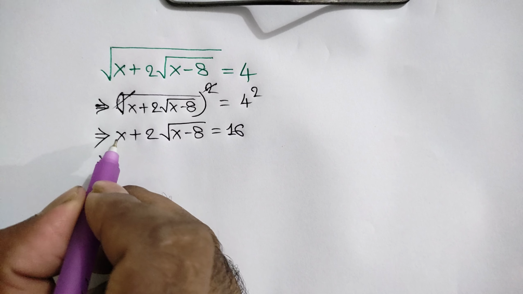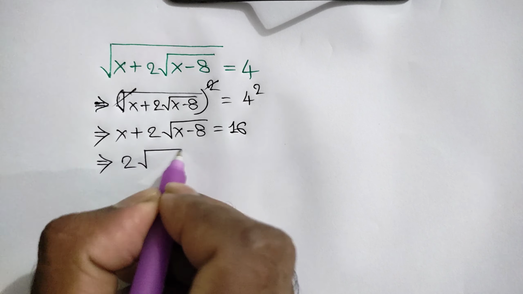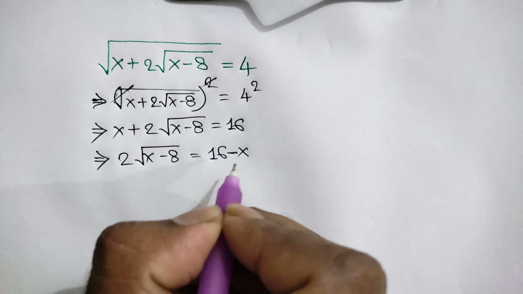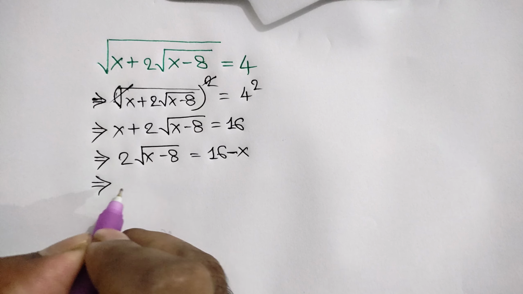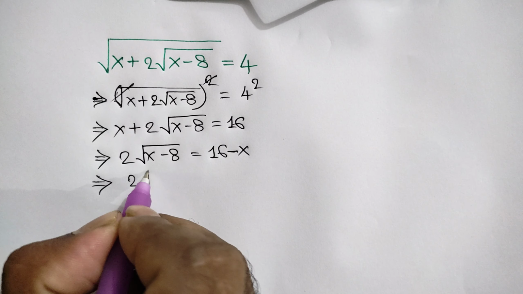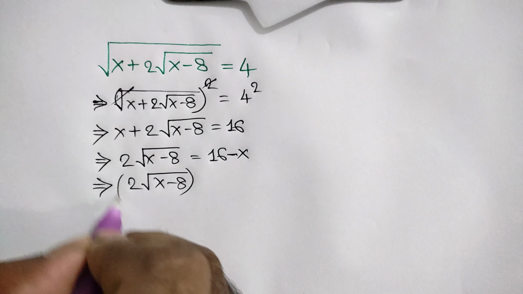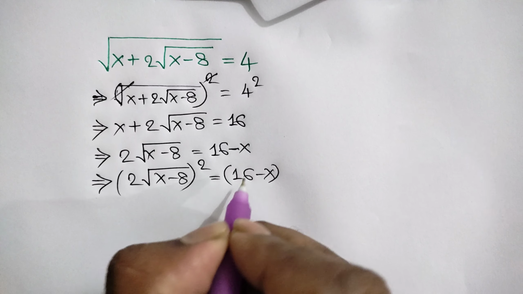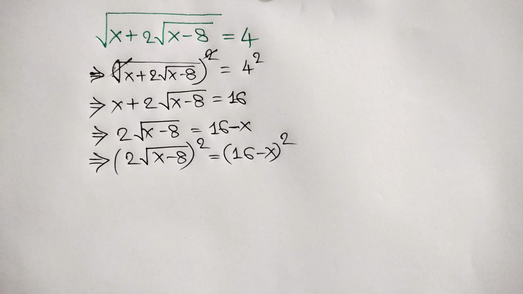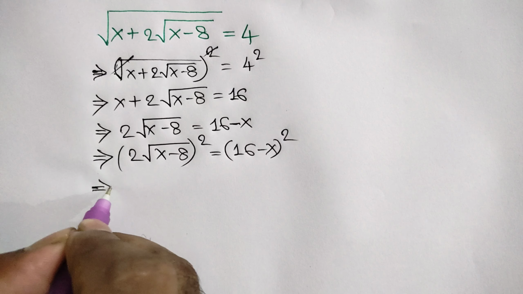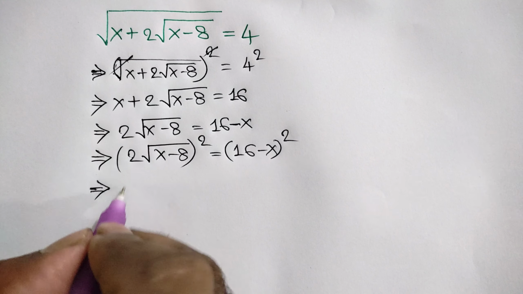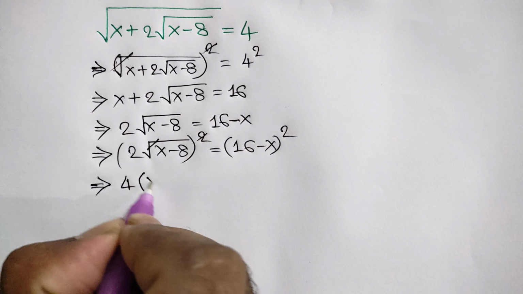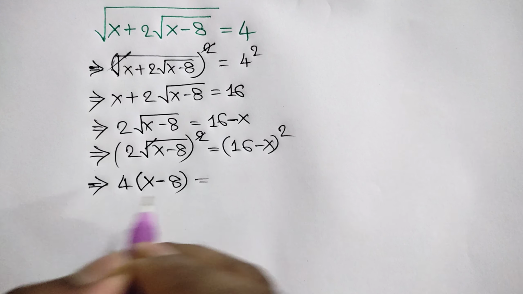Now taking this x to the right side, we will get 2 square root of x minus 8 is equal to 16 minus x. Again squaring both sides, we can write 2 square root of x minus 8, whole square, is equal to 16 minus x, whole square. 2 square, that means 2 times 2 is 4, and the square cancels the square root, so here we will get x minus 8 is equal to